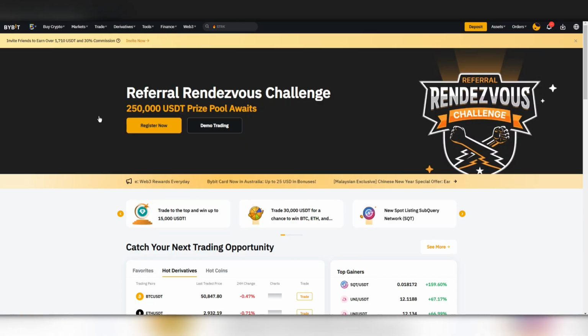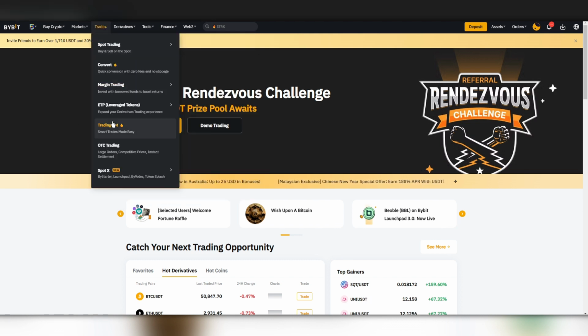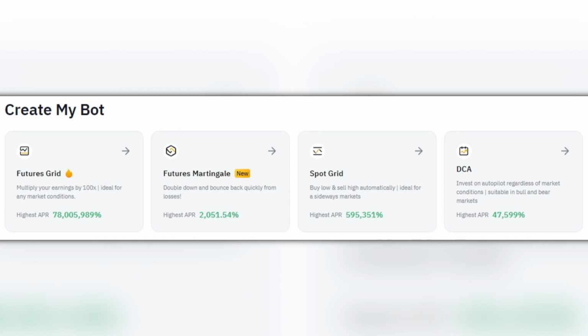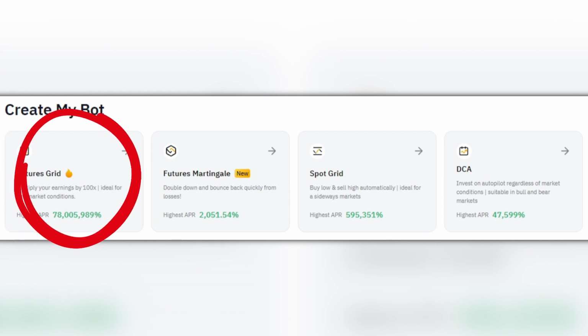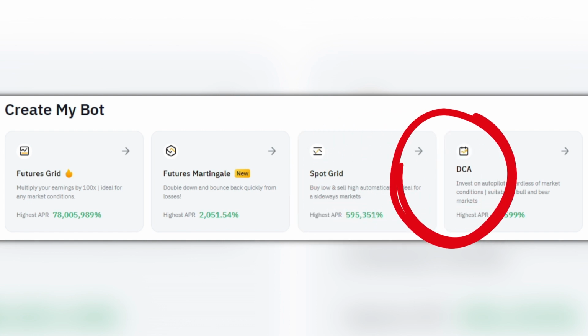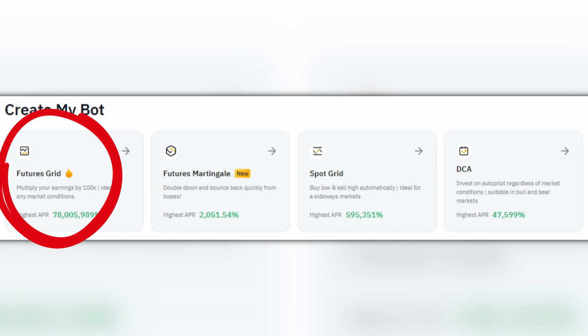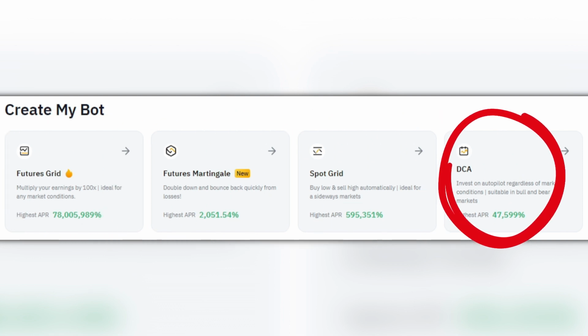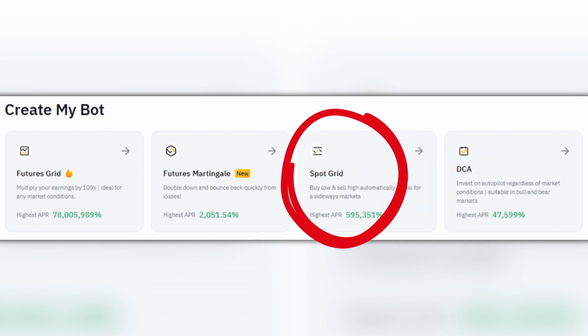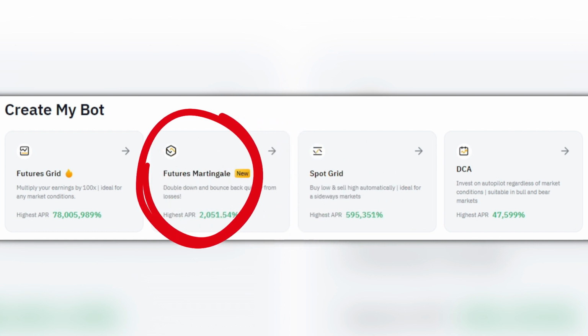So, first of all, to enter the bot, you have to go to the Trade tab, Trade bot. Here we see 4 types of bots, namely the Futures Grid Bot, Futures Martingale, Spot Grid Bot, and DCA Bot. Specifically in this video, we will talk about the Futures Grid Bot, but we will mention in passing what the others are for. A DCA bot is an auto investment bot that will automatically buy your crypto of choice for your USDT at certain intervals. Spot Grid Bot is the most common bot that trades on the spot, buys cheaper, sells more expensive, and Futures Martingale is different from the regular Futures bot in that